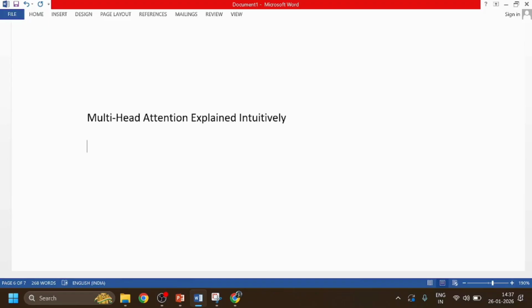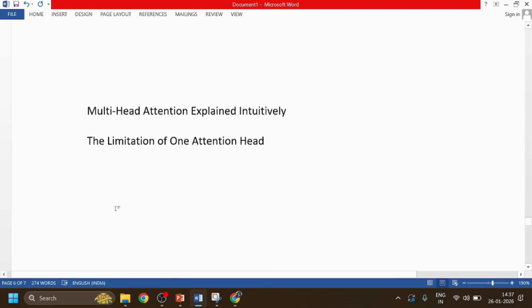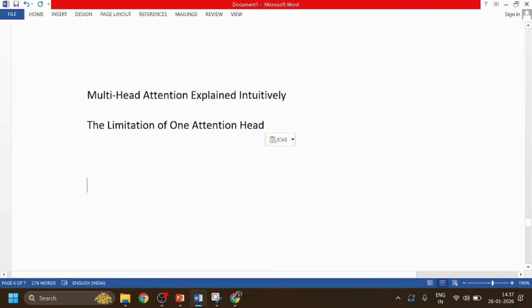words. It calculates which words matter more for context, but there is a limitation. Here is the limitation of one attention head. One attention head can focus on only one type of relationship at a time. Language is complex. Words are related in many different ways. So in the sentence, I love programming,